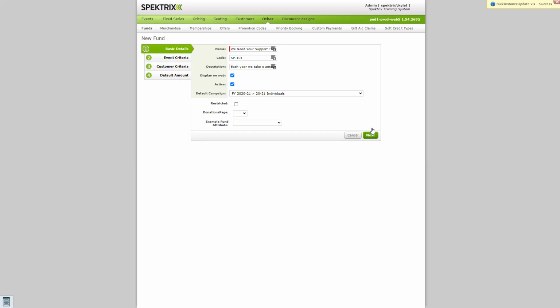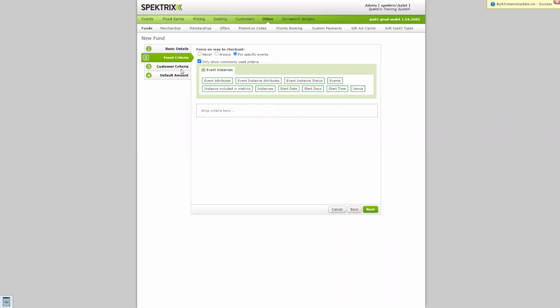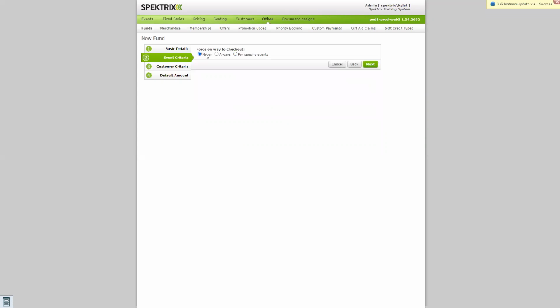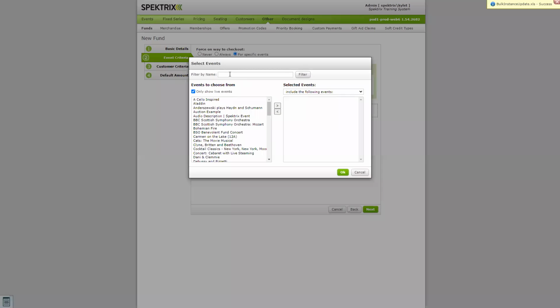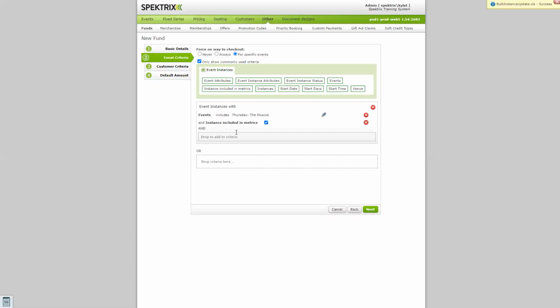So once we're happy with that, we can then specify when we'd like this to appear. We can say never, or force this on the way to checkout. Always force, so regardless of what's in the basket, just always show this fund. Otherwise, we can say only if a customer's got a specific event in the basket. So let's go with our Thursday the musical here. What this will mean is this particular fund will only show up when a customer has this event